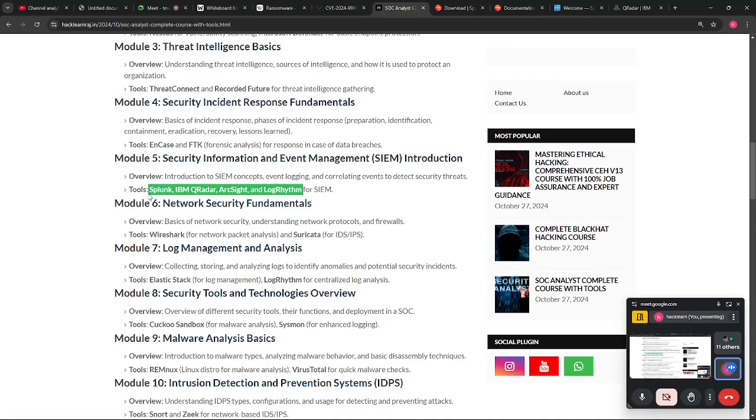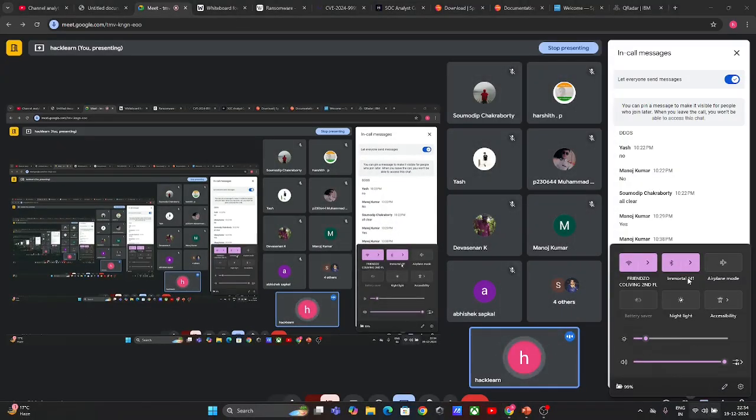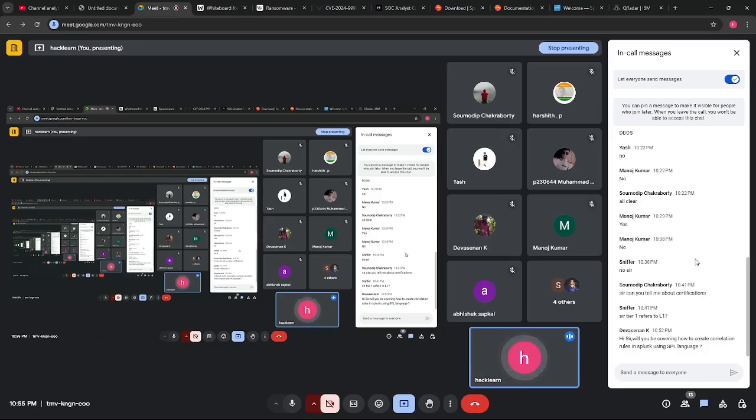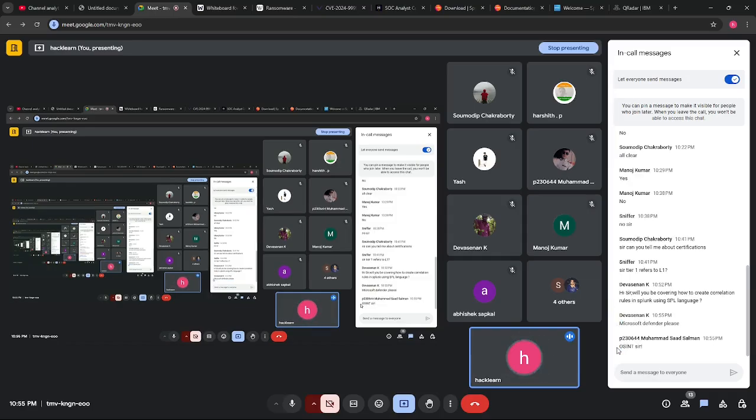And if you are interested in some other tools also, you can simply send me the name of that tool. I will try to take a specific session on that tool also, because I want to make this course as tool specific as it can be, so that it will help you further and make your life much easier. Yes, I will try to cover Microsoft Defender, don't worry. I will also be using a lot of open source tools, and I will be doing some OSINT also.